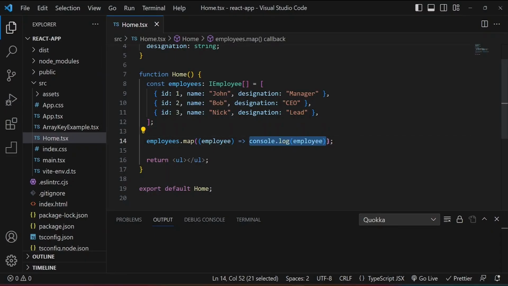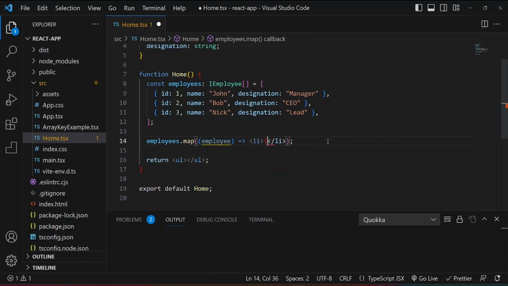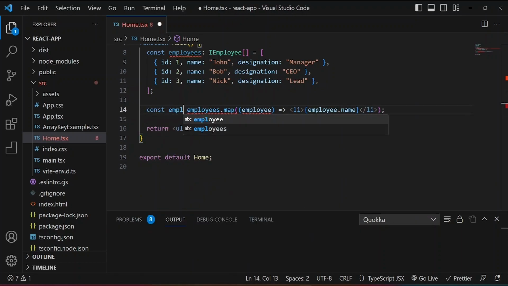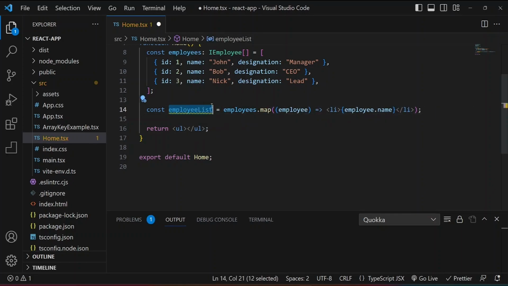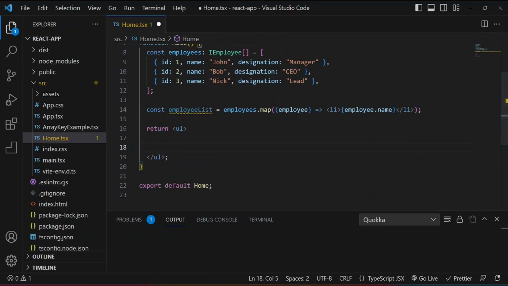Let's remove this and write here li. We need to print here name. So employee dot name to print the name. Let's take this result in a variable. So I am writing here const employeeList. So all the result will come into employeeList, and now we can use this inside the return statement or